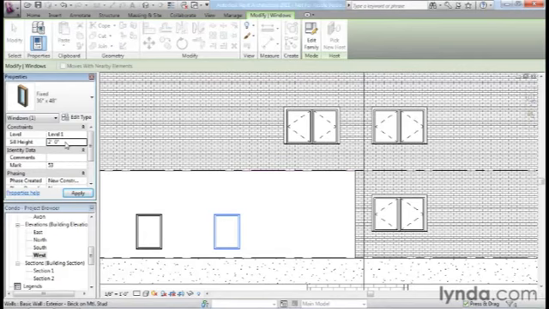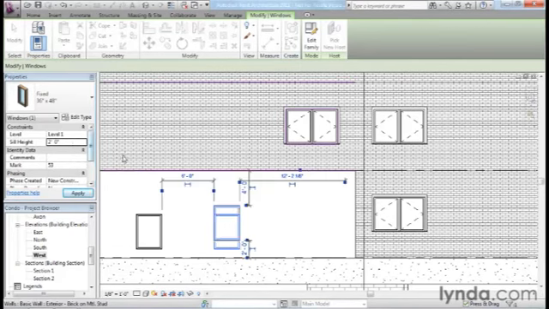It's considered, in programmer speak and computer jargon, a modeless dialog box. What that means is that it's active and on screen all the time. Simply shifting focus, another kind of computer jargon, away from the Properties palette back to the drawing window actually applies the change. Notice how at that moment the window shifted up to its new sill